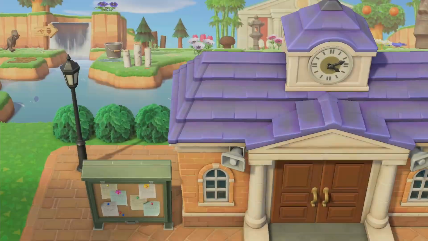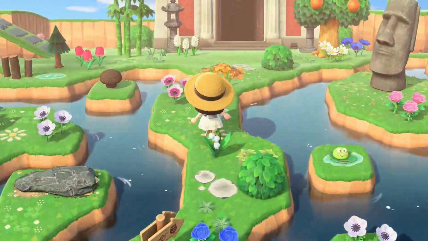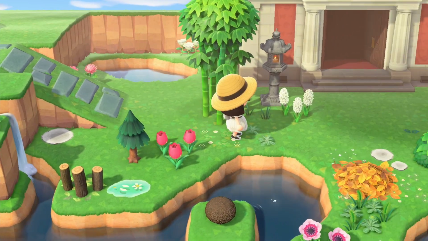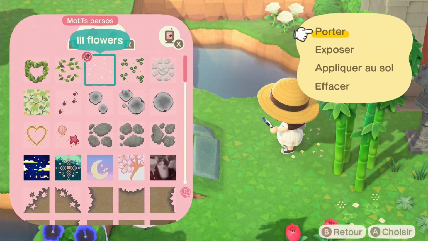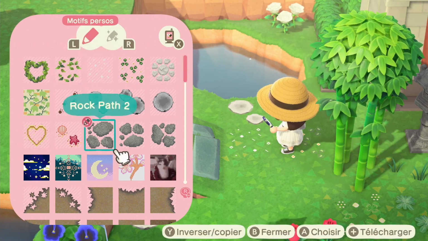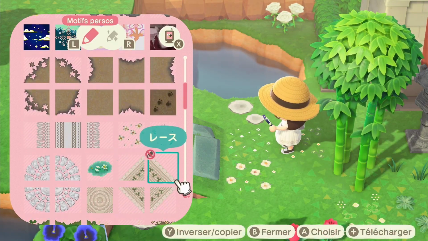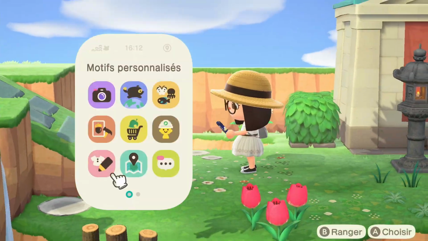So I'm trying to fill with as much as I can. But here is the time traveled version, and so I see that it's missing custom designs near the pond and near the museum, so I'm trying to fill with as much as possible.